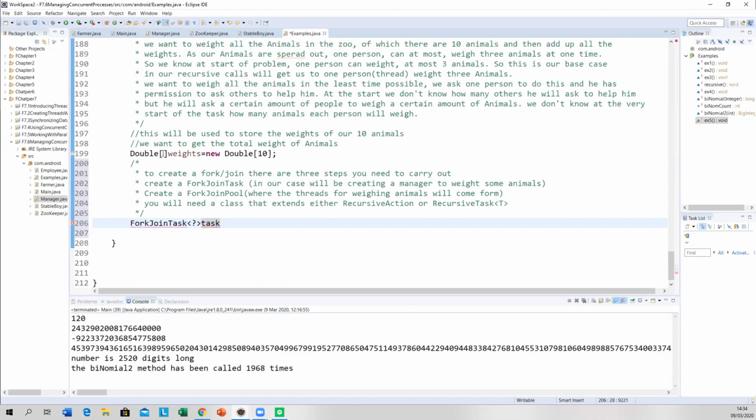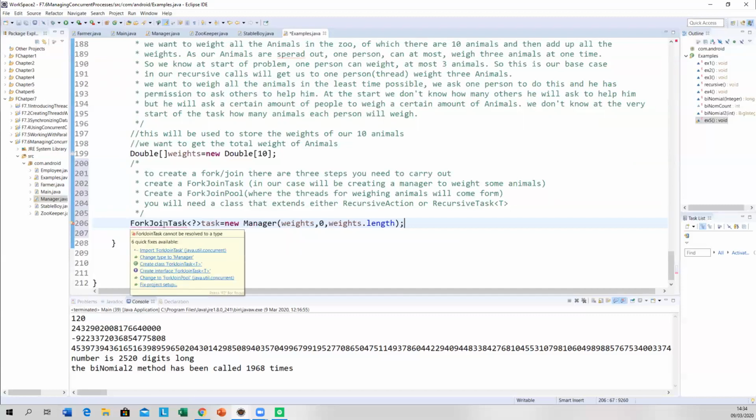I'll show you how in a minute. So I'll just call this task is equal to new manager. Manager takes our array called weights, starts off at 0 and finishes at weights.length, which will be 10. Now, I need to import this.